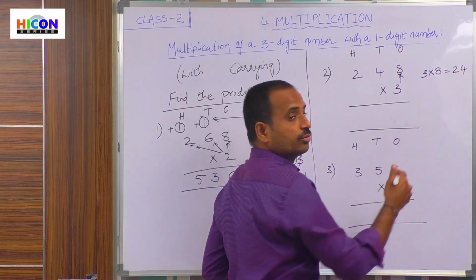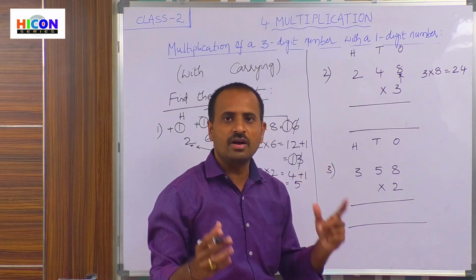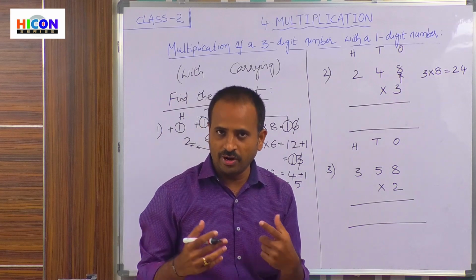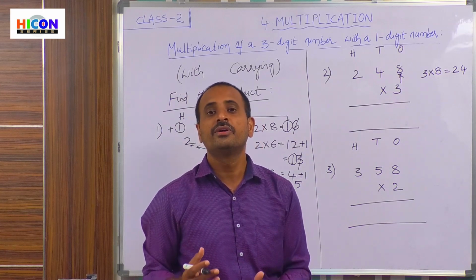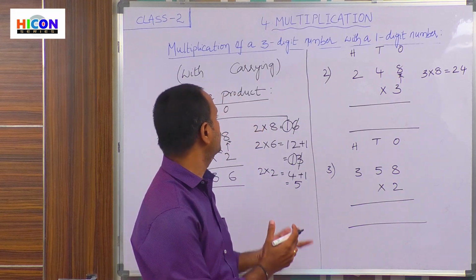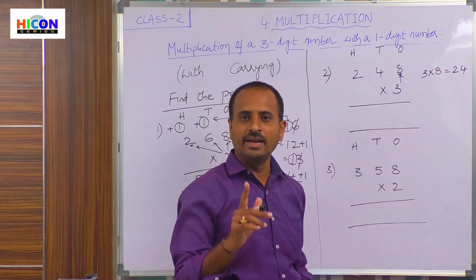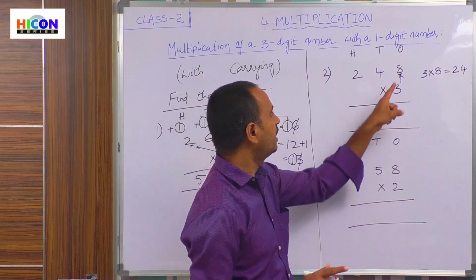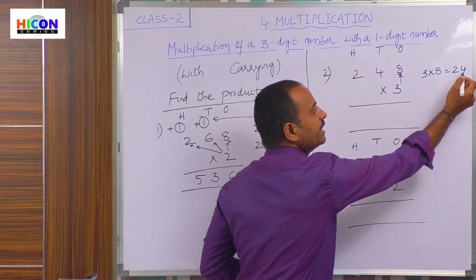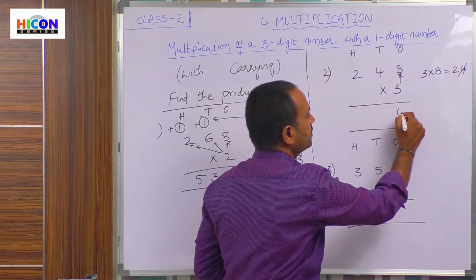And children, this is a 2-digit number. So 24 is a 2-digit number. And you should not write this 24 under ones place. So what do we have to do? If the product is a 2-digit number, we have to take carry. So how to take carry? Already I have explained in the previous problems. So if the product is a 2-digit number, write the second digit only under ones place. So in 24, what is the second digit? 4 is the second digit. So write 4 only under ones place.